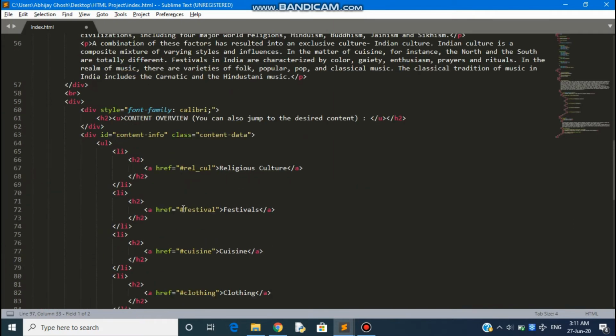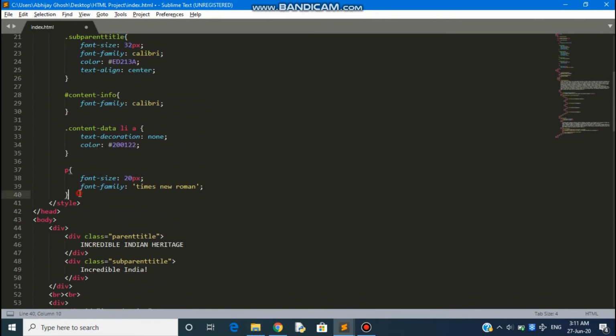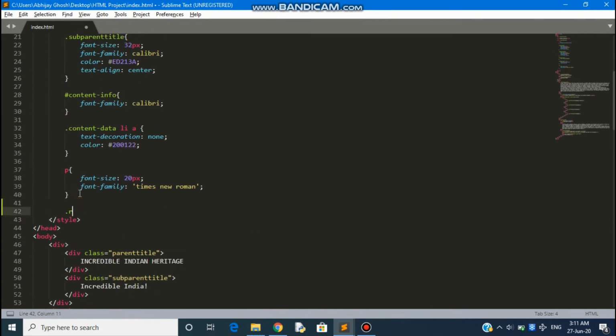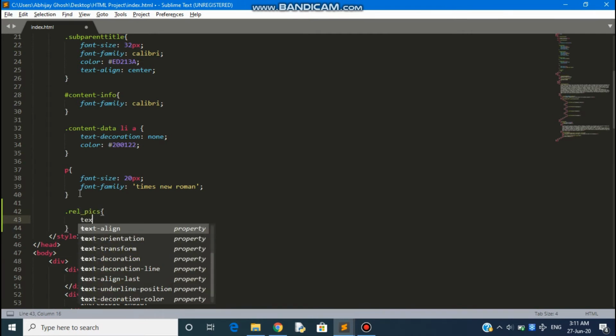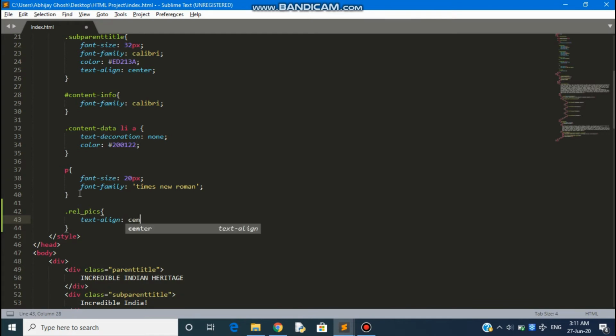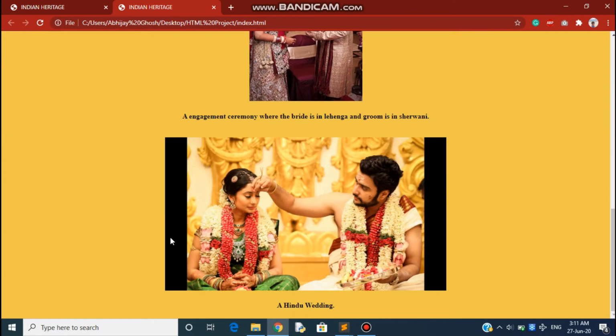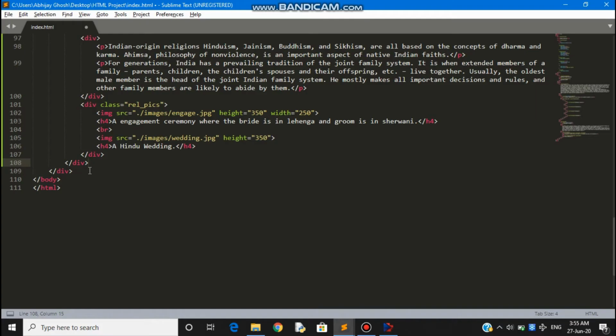We jump to the style element and add some attributes to the class relpix. It will be text align centered. Now again we save our work and check on the browser. Let's see, everything is great as we expect.